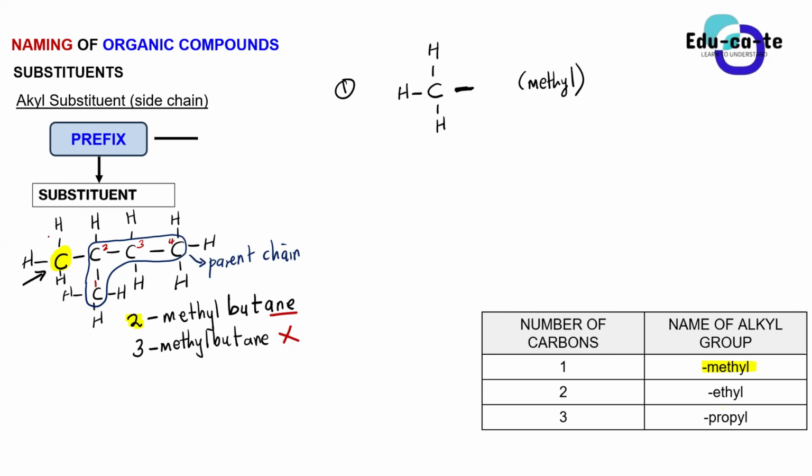Okay, so what if our substituent has got 2 carbons? Let's just say now we've got a substituent or side chain with 2 carbons that are not part of the parent chain. Obviously, if we've got 2 carbons, they must have hydrogens on them. In this case, they would have 5 hydrogens in total, and then the other bond will be bonded to the parent chain. Let's show that so that you understand why this other bond is missing.